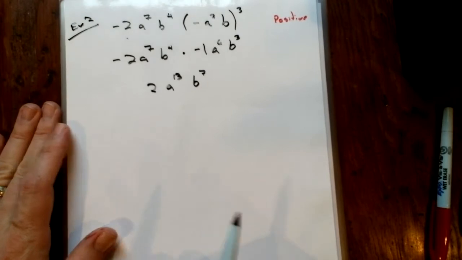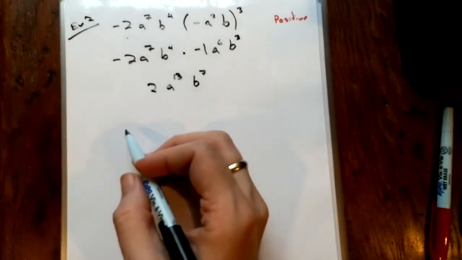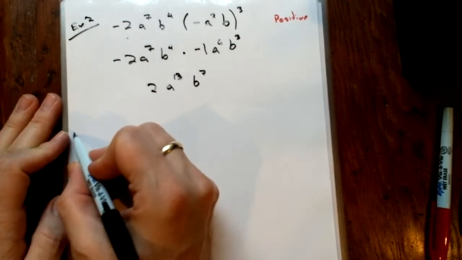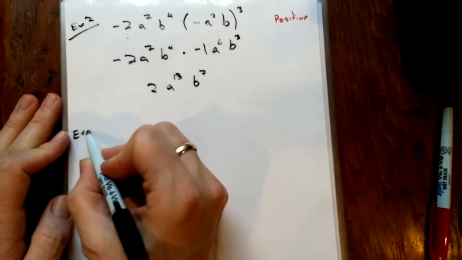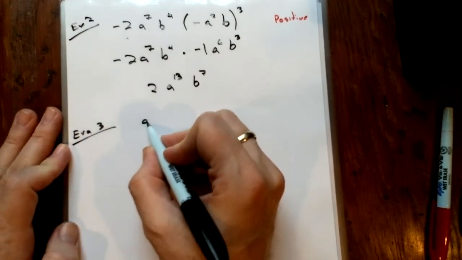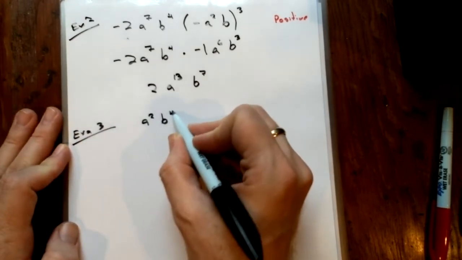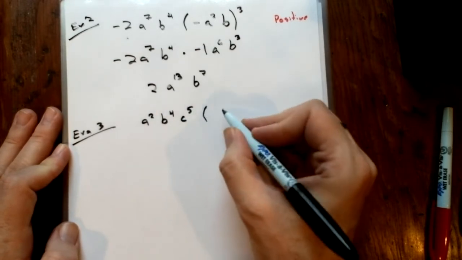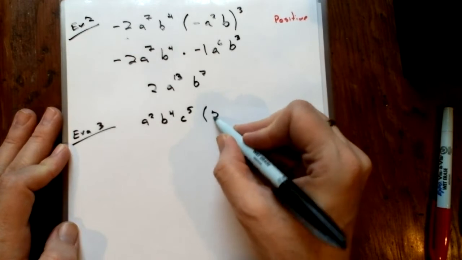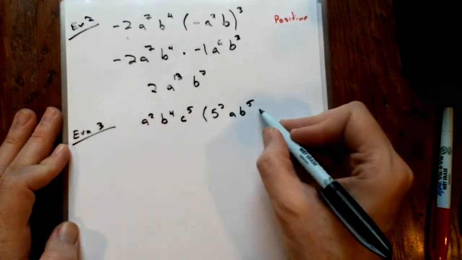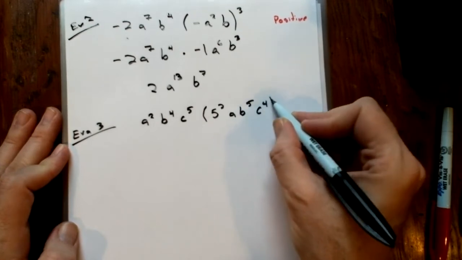I'm going to throw you just a minor curveball on this last one, example number 3. And let's say we've got a squared, b to the fourth, c to the fifth, and I'll multiply that by, I'm going to do like 5 squared, a b to the fifth, c to the fourth, all of that to